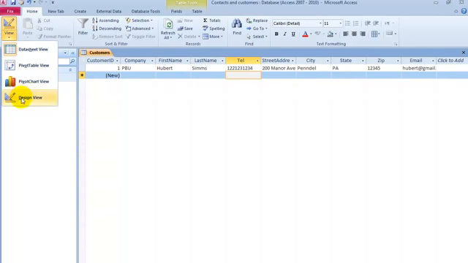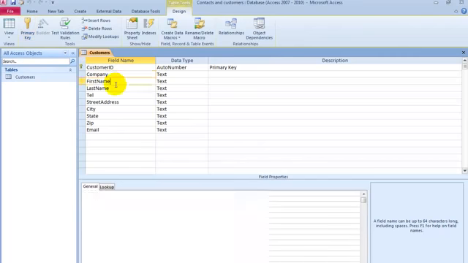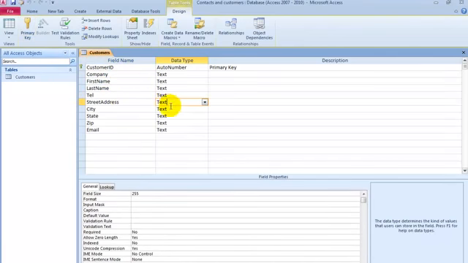If we go under View, Design View, we can see all the different fields and types of data. As long as we have a file that contains the same order of the fields and the same data type, then we can bring that data into Microsoft Access very easily from another system such as